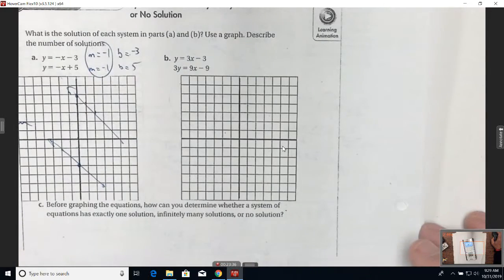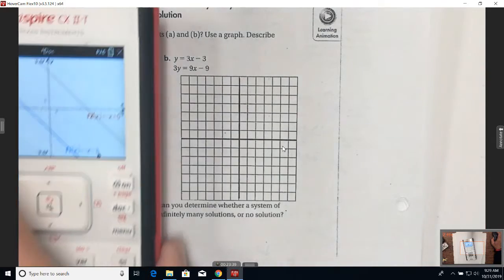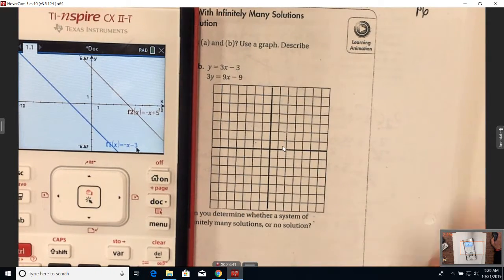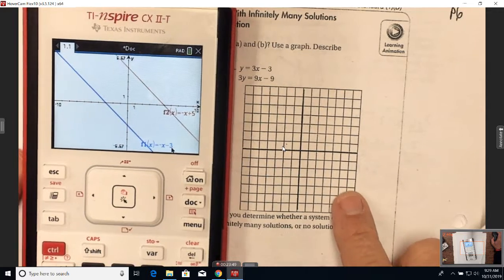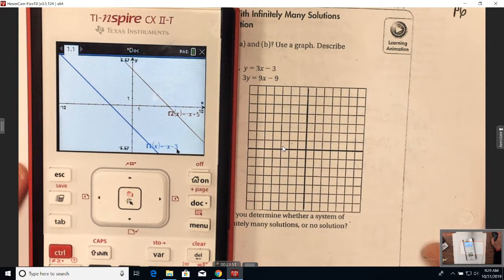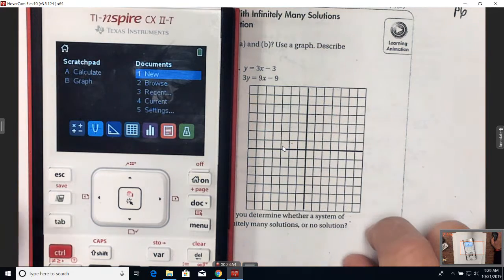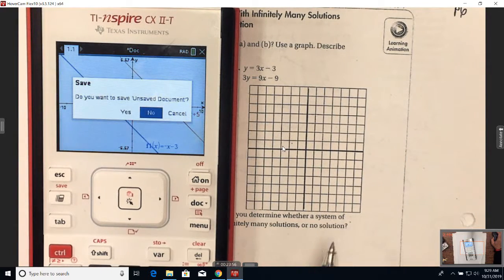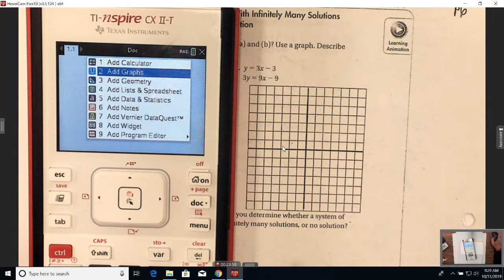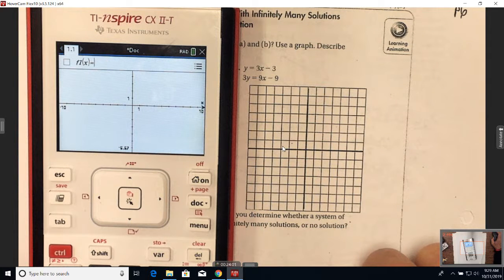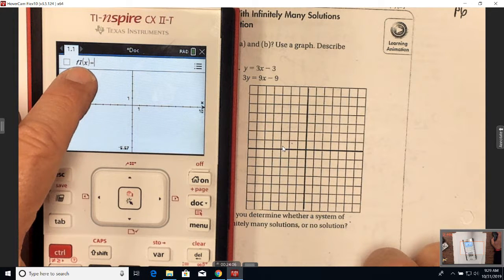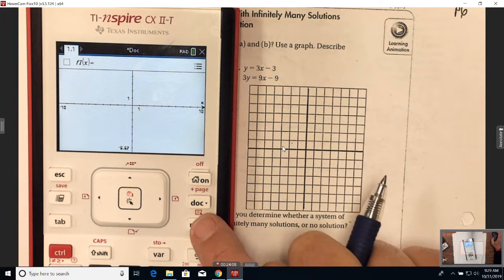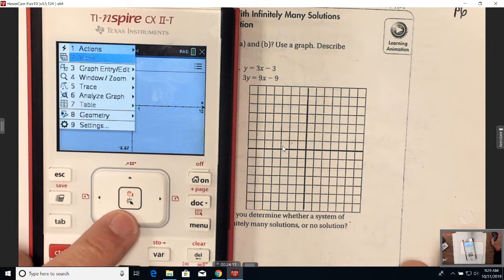What about B? Well, look, B, let's just graph it in a calculator and see. Now, are both of these in slope-intercept form? No. So how am I going to graph these in here? Graph it as a function or as a relation? Relation. So go to your home screen, go to New Document, don't save my last, add a graph, and then we're going to graph this as a what? Relation. So I got to change this from function notation to relation notation by hitting Menu, Graph Edit Entry,